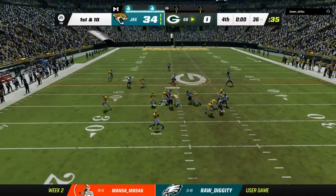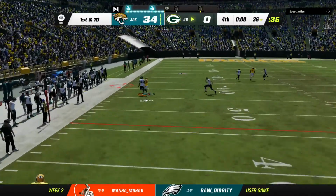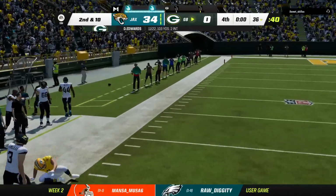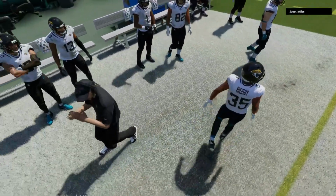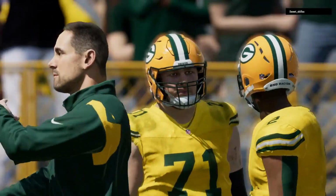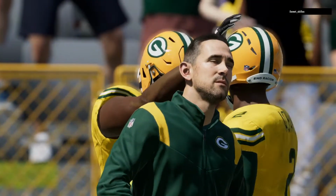One final shot. They'll look to throw. Forced out to his left. And that will be incomplete as time has run out on this football game. So this will be a win for Jacksonville. And I tell you what, Charles, this